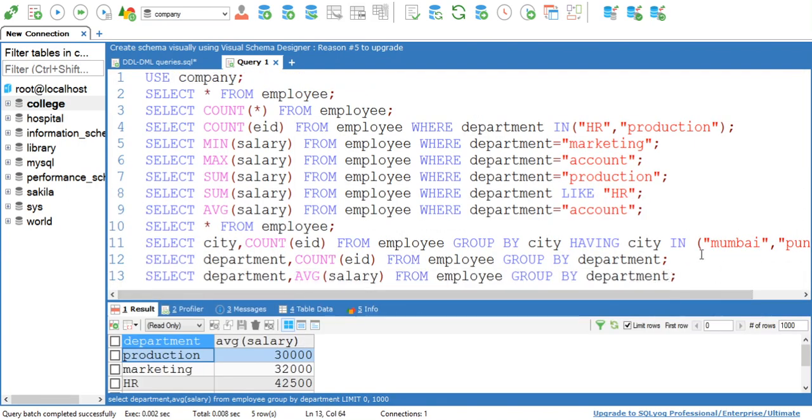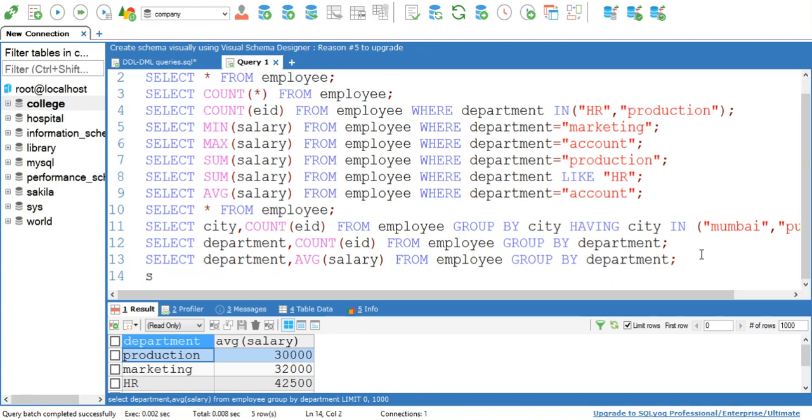And here let's see another query. Select, now I want to select department, then sum of all the salaries from employee. Okay, I want to select the sum of all salaries for the employees and group it by department. Okay, having